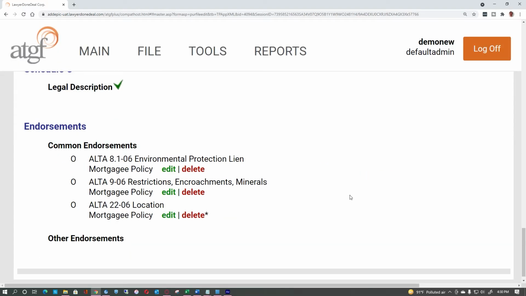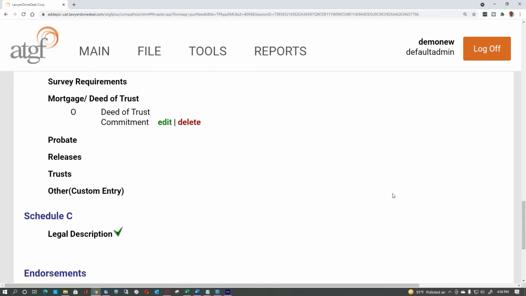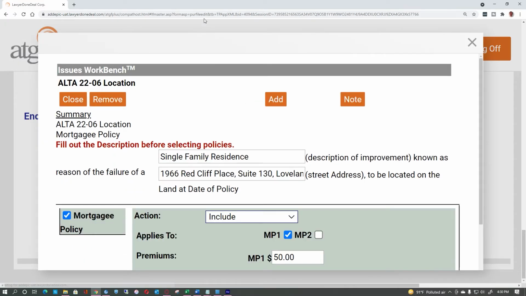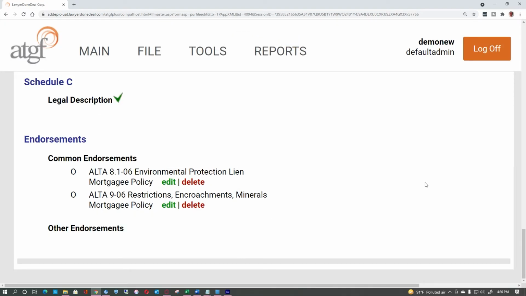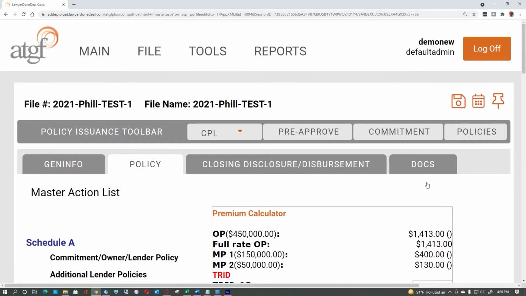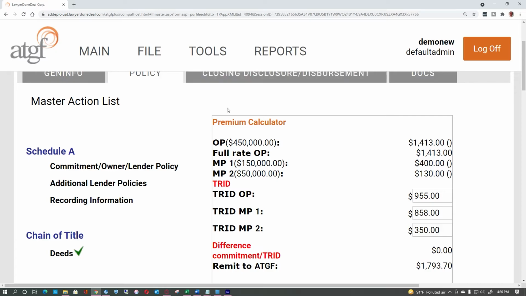Now we'll go ahead and hit close here, and we have all of our endorsements here. And I'm going to actually go in here and remove this endorsement because I am going to get a manual review requirement, and I don't want to have to worry about the manual review. All right, so there we go. Now we have everything set up, and now you can look here at your premium calculator as Epic has been